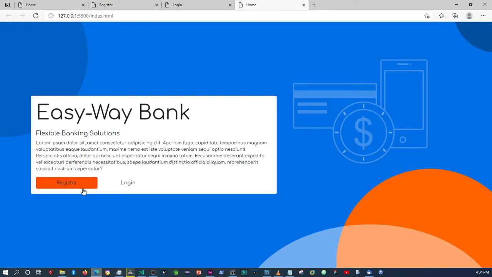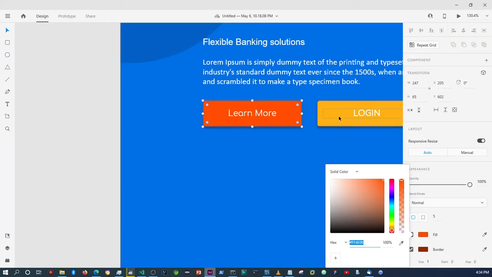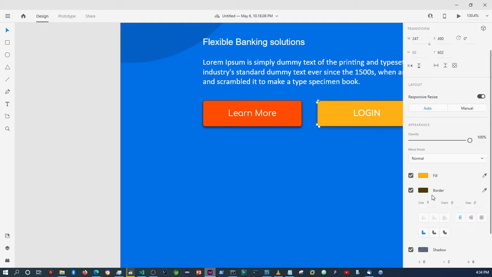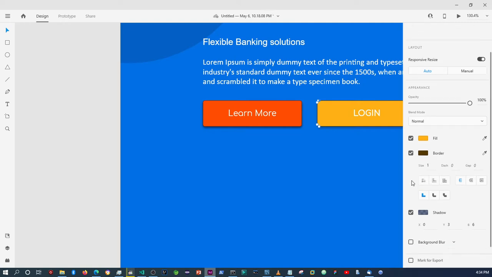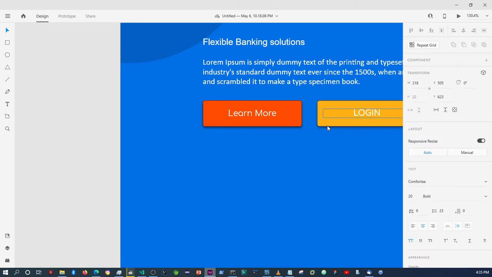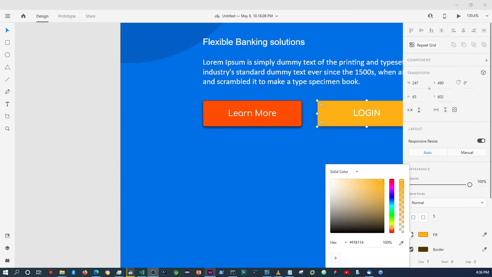All right, so that's the button there, and then the one for the login button is gonna be Adobe XD. Sorry for that, guys. I don't know why Adobe XD has a tendency of crashing on me, so I'm trying to get the hash code of that color. All right, so I'm gonna copy that hash code over there,